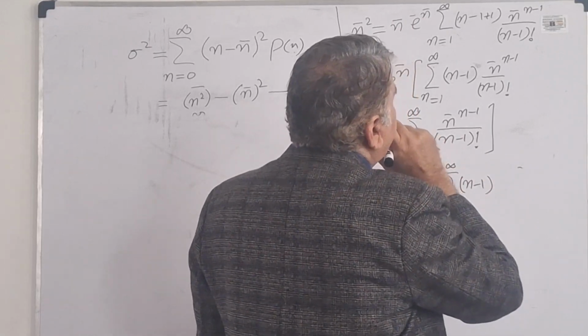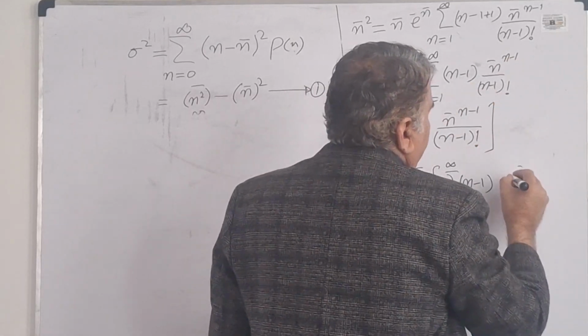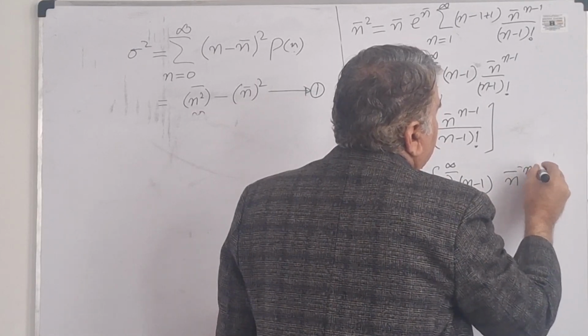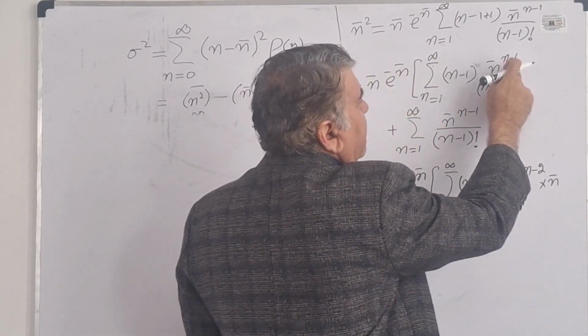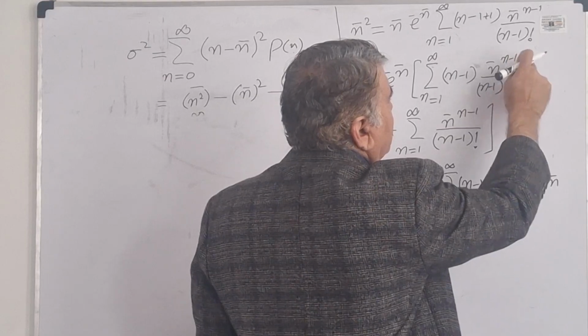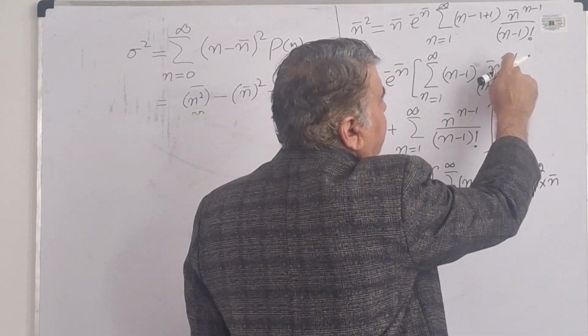What I do, I want to make a change over here, that I write as n bar n minus 2 times n bar, that is I'm subtracting 1 and then adding 1, so the plus 1 term I'm writing over here and the minus 1 term I add to this